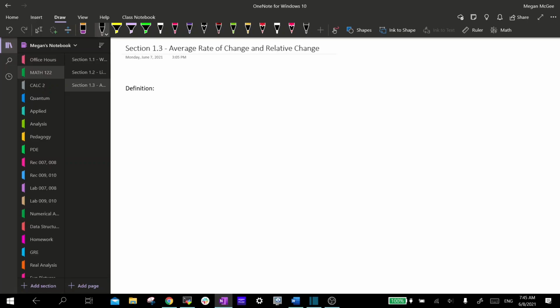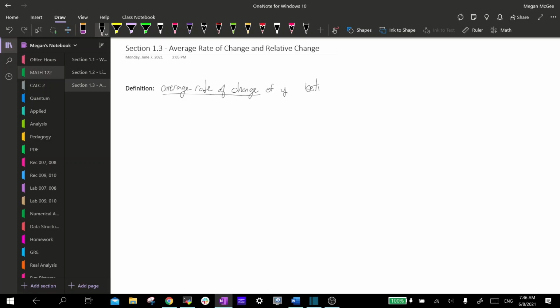Welcome back. Today we will be talking about section 1.3, average rate of change and relative change. So our first definition today is the average rate of change. So the average rate of change of y